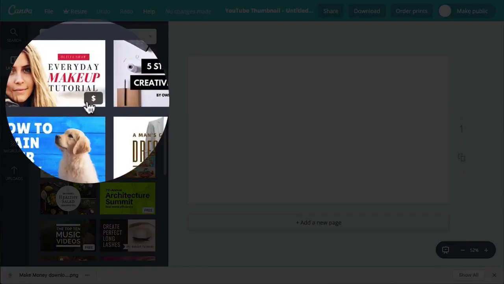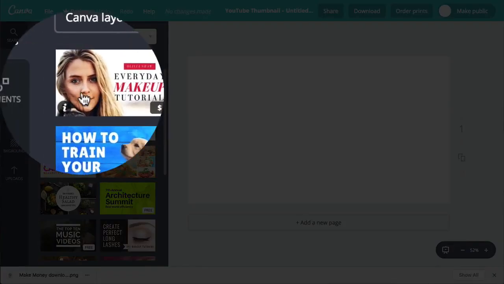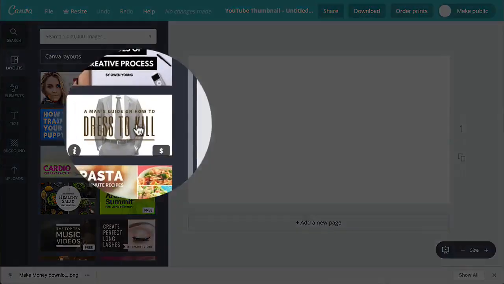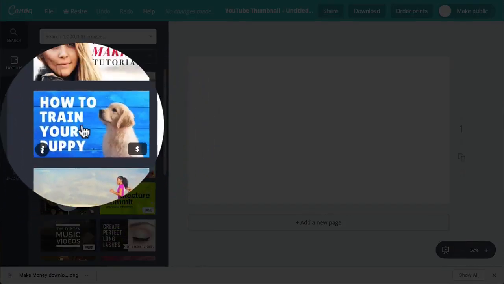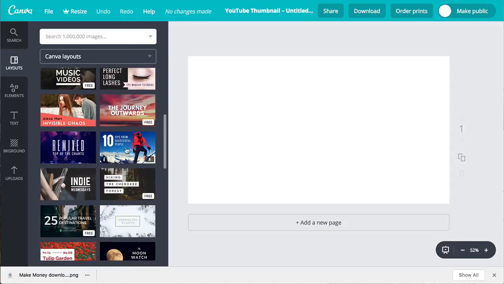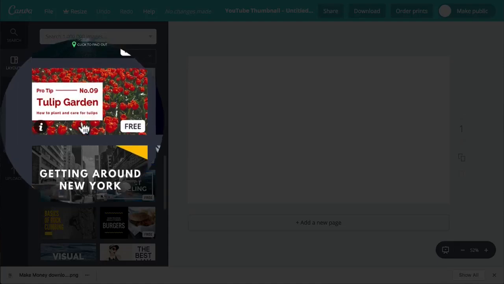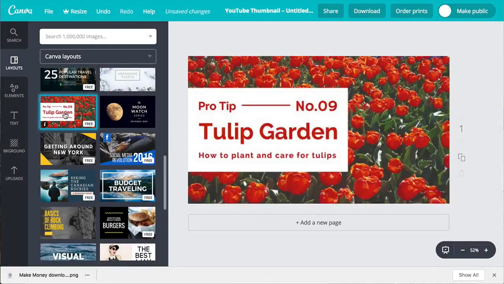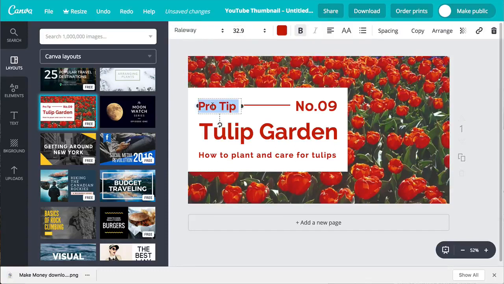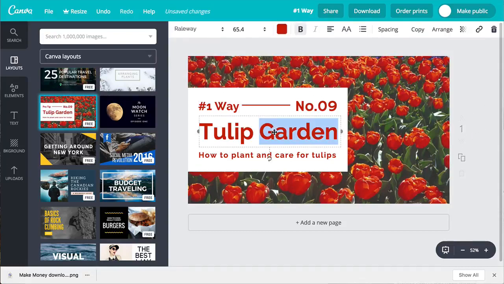Now this one has a $ sign, so it's going to cost because of the picture, okay? $ sign, so you have to go down and look around. Now this one is okay, here's one that's free. Here's a free one. So let's click on that. So you have some nice flowers, and now you can edit out the text and say like number 1 way. Okay, I'm just trying to think of something, and then I can double click in here